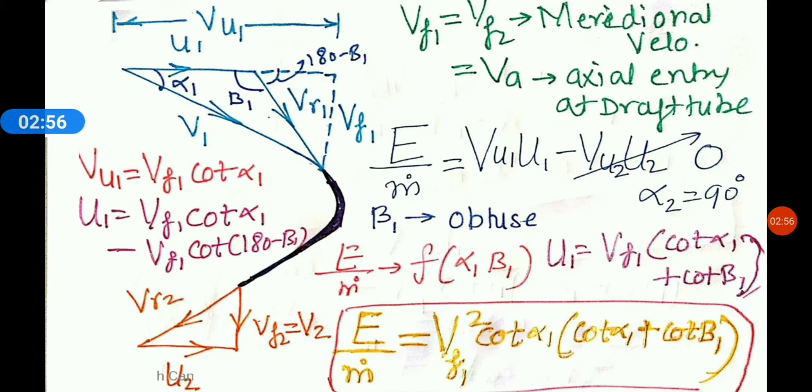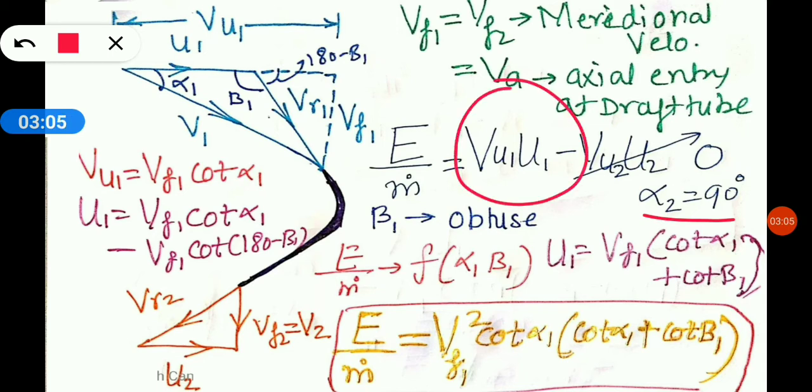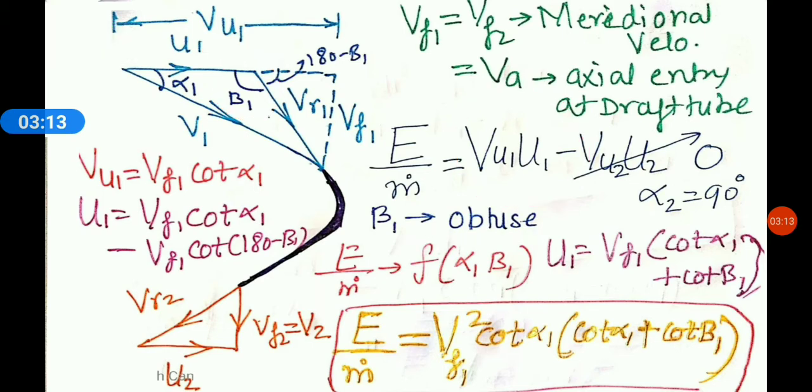Now as we all know that alpha 2 is greater than or equal to 90 degree, and if alpha 2 is equal to 90 degree, we will be having only this term as far as the energy per unit mass is concerned. Now again I am reminding you, beta 1 is obtuse here, we are taking this as our blade angle. Fine, then just see, now we will first convert. Now what we'll have to do is we'll have to convert this Vu1 as well as this capital U1 in terms of Vf1. What we'll do is we'll turn these two things in terms of Vf1. Why? Because Vf1 and Vf2 are same, and Vf2 is equal to V2, that we know. And V2 is something which is measurable directly.